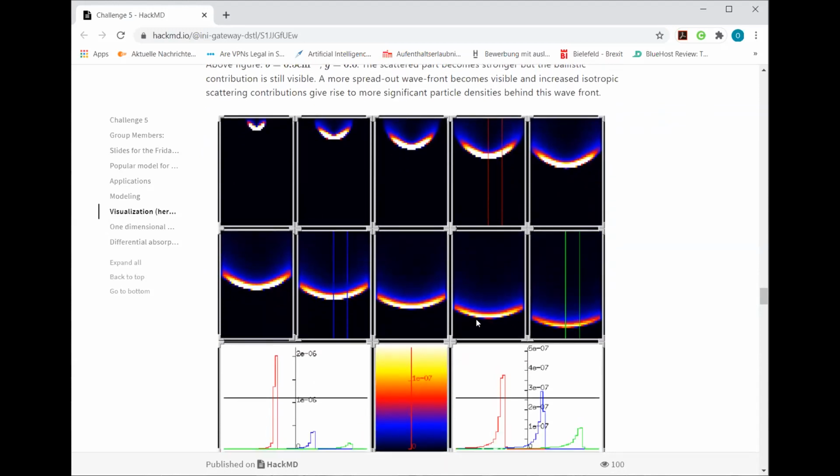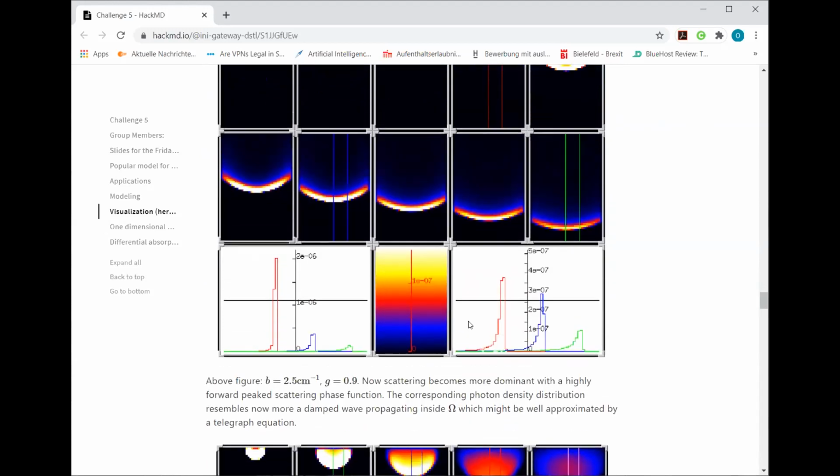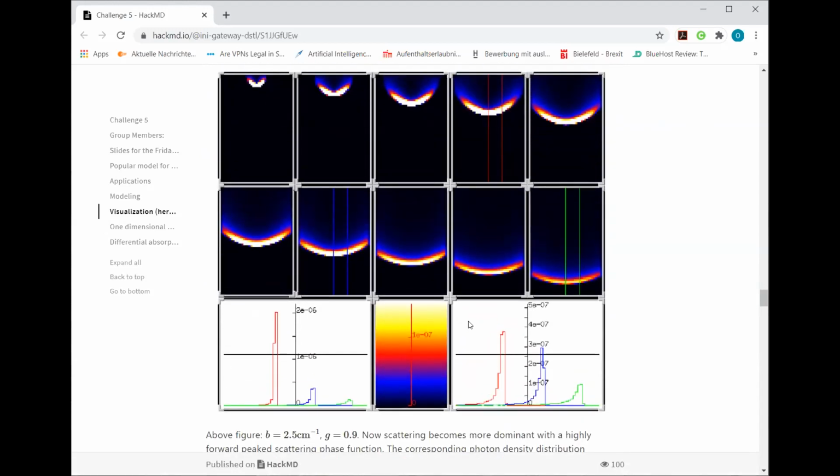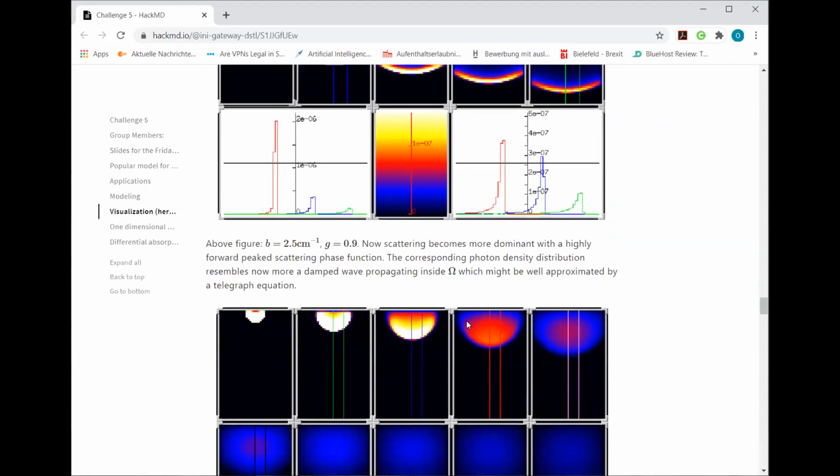almost like a wave phenomenon, which you can observe, which you can approximate by a telegraph equation. Now you see there's a blurring going on in the signal already. You will see these blurrings in the data as well. You have to take care of this.